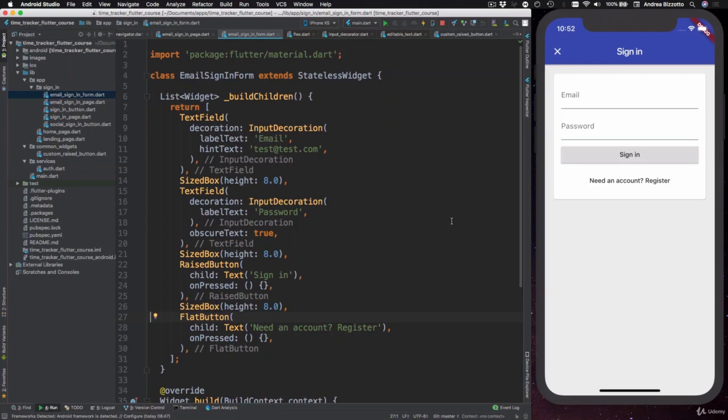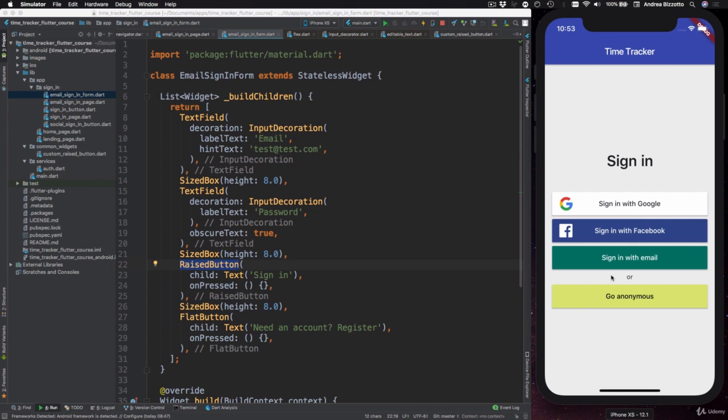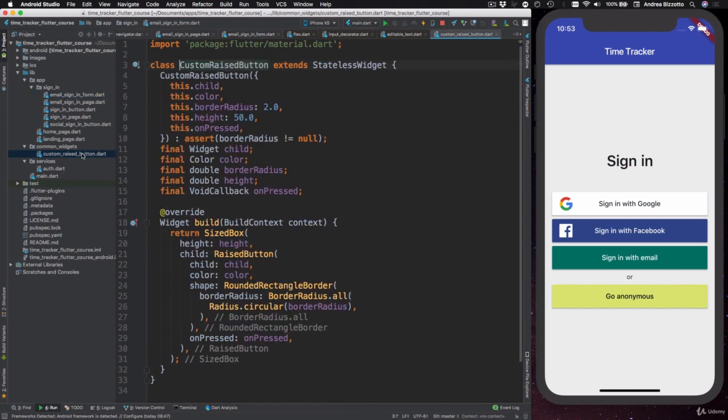Before we start adding some functionality to our email signing form, we would like to style the appearance of this signing button. And we could do this by configuring our raised button. But if you remember, when we built our signing page, we already created a custom raised button class that we have reused over here. So what I'm going to suggest is that we build a new subclass of custom raised